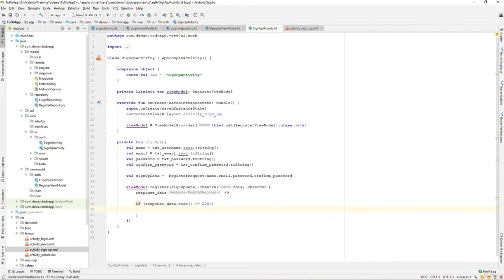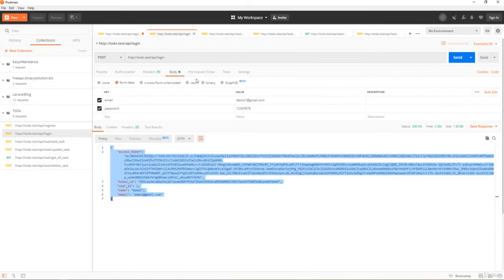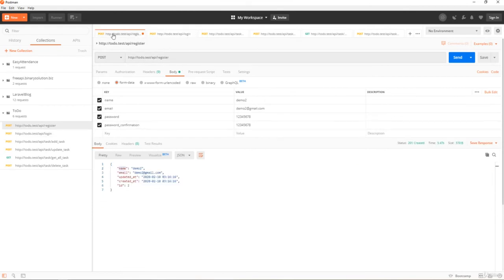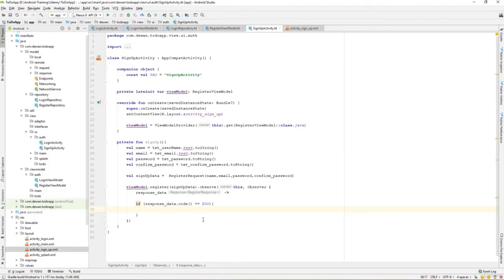If we go back over here, whenever we send our request for the register, the status code is 201, which means created. So if it is 201, that means it was successful. So we can make use of 201. That means the status was successful and we can do something, or else